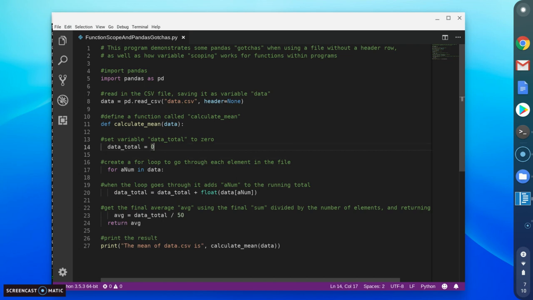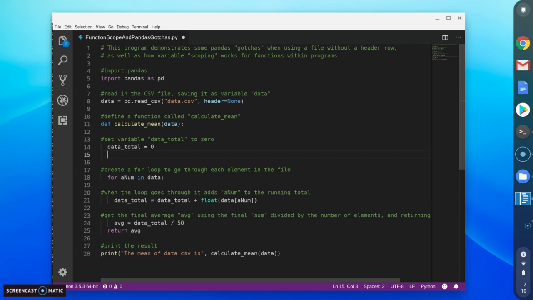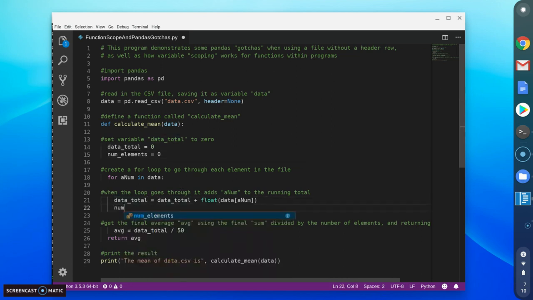I am not using length, right? That was one of the assignment requirements. So I'm going to say num elements equals 0, right? And while I'm within my loop, I'm just going to add 1 to it. Again, not a super sophisticated way to do this, but just thinking about how to solve these problems, right? And so at the end of this,